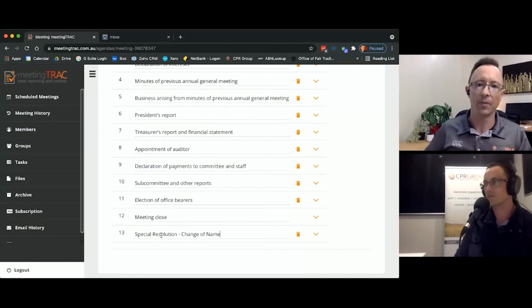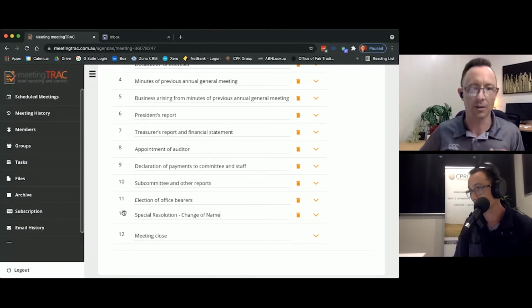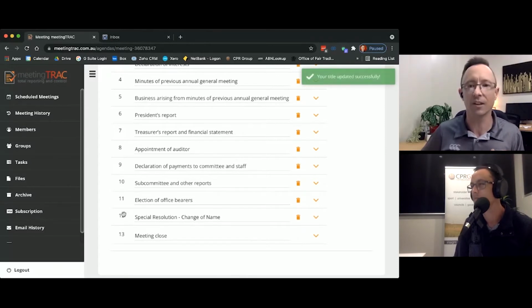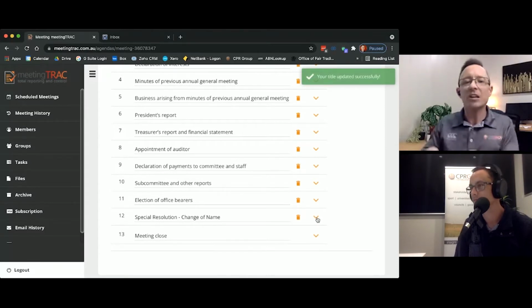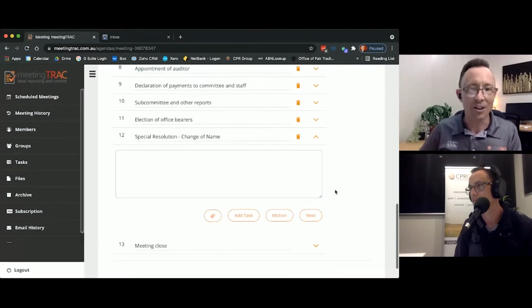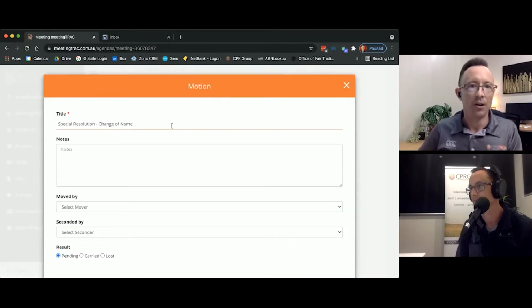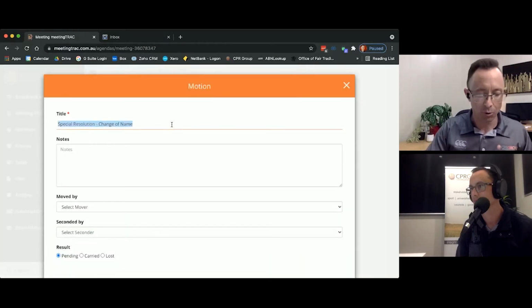Change of name. Now, because I already know the wording of this, obviously it's not going to be the last thing that we do, but we will do this after the election of office bearers. Because we already know the wording of the resolution, I'm actually going to add that wording in as the motion already. So the motion will be,